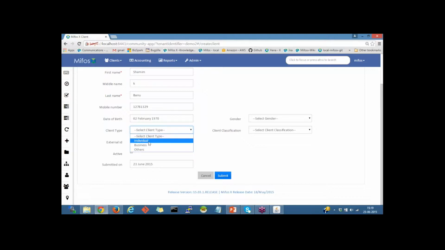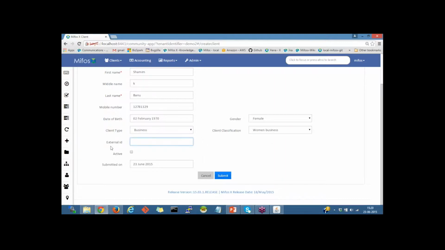So let me select the client type as business, then select the gender. All these drop downs need to be defined in the code values. I would now select the client classification. I would select as women business,